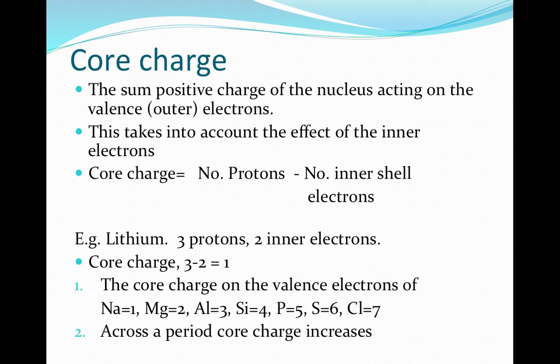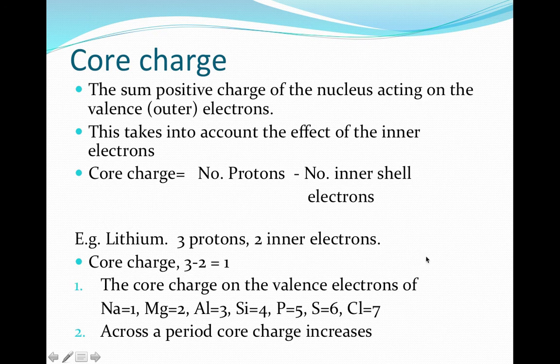So they stop it feeling it as much, basically. So we can calculate the core charge by taking the number of protons and taking away the number of inner shell electrons. Essentially, it works out to be exactly the same as the number of outer shell electrons, but that's technically how you calculate it. So lithium, 3 protons, 2 inner shell electrons, 3 minus 2 is 1. So the core charge is going to be equal to the number of valence shell electrons,